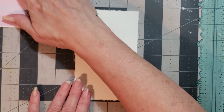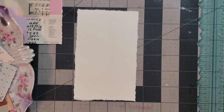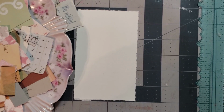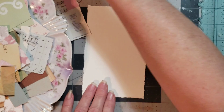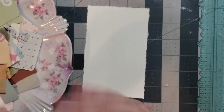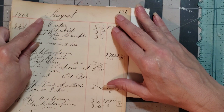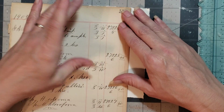All right, so I'm just going to sit this one to the side, and then I'm going to pull my tray of scraps over. I don't know if y'all can see them or not. You can probably see the edge of them. So we'll pull this over, and then I need a ledger piece. Okay, so I'm going to go ahead and get my measure piece, and I'm just going to look at this one and try to recreate it,